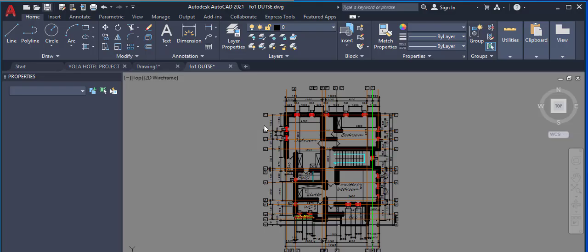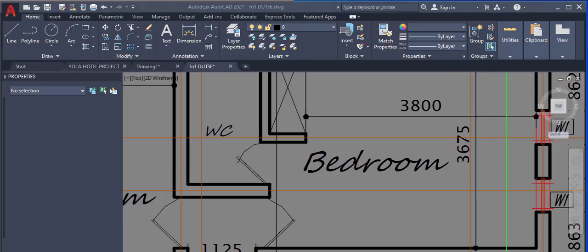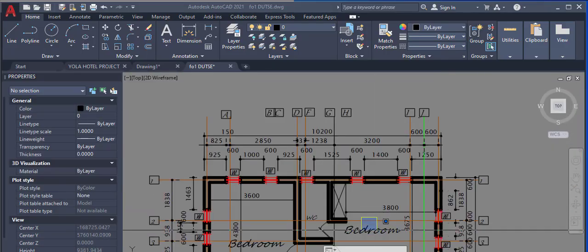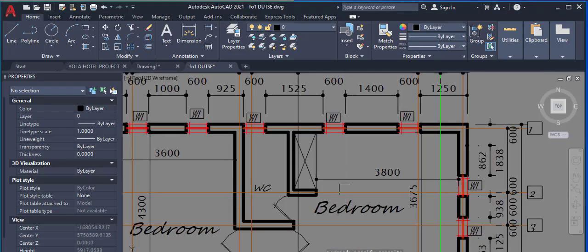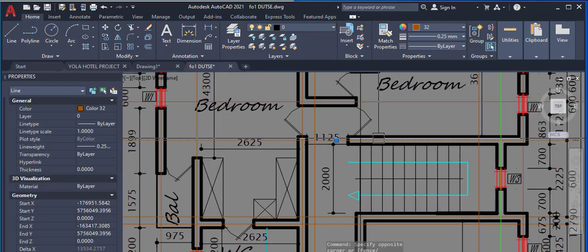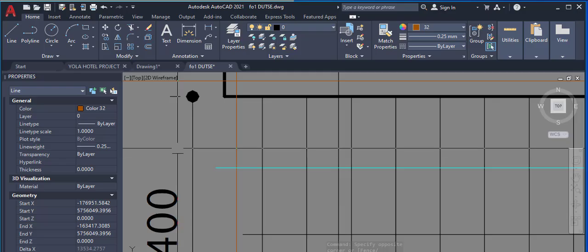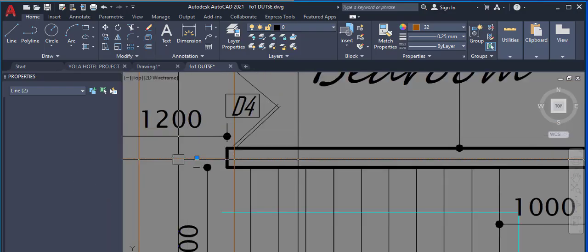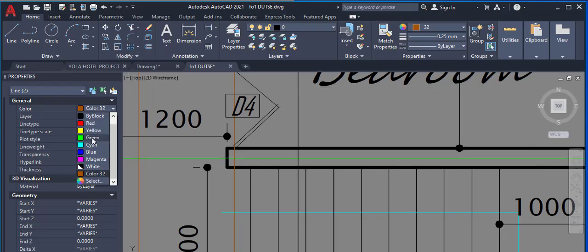So this is the process you do before adding your column so that your column does not come out from the rooms. As much as possible, what we are trying to do is to hide our columns inside our wall. We have to hide our columns inside our wall. So all these grid lines I'm doing is to help me know,